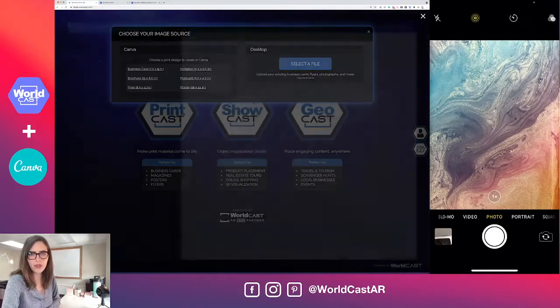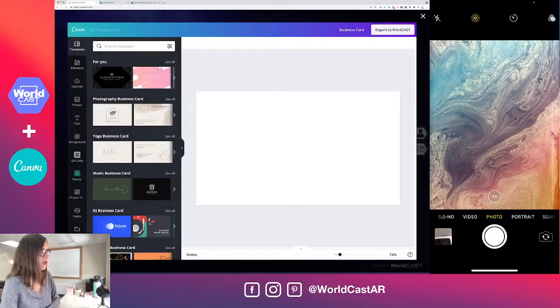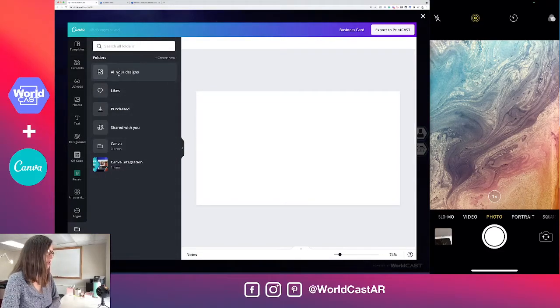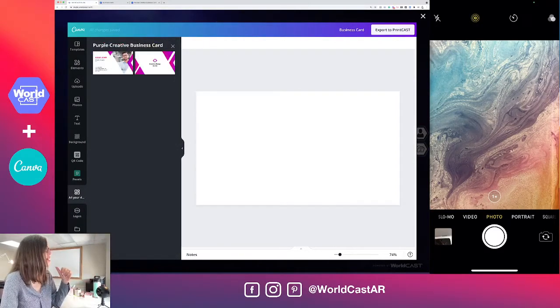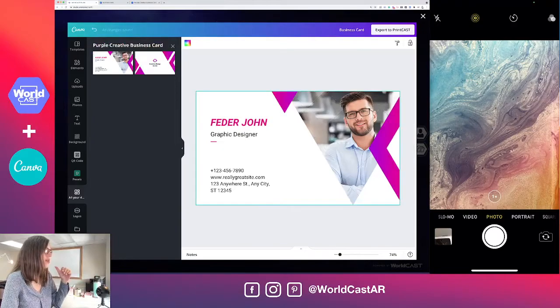It doesn't really matter which you choose to get into your Canva account, because I'm just going to go down the left-hand side here to folders and all your designs, and this is going to bring up everything that I've been working on already. So I've chosen to get started with this business card that is part of the Canva library. Once I've chosen the business card and updated the name, updated the information, and changed out the picture, making it custom and personalized,